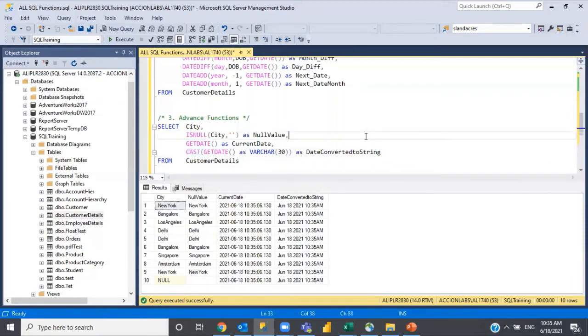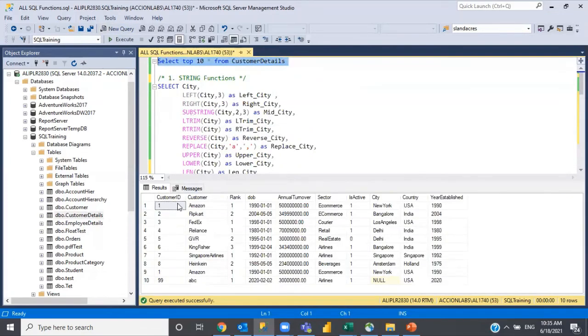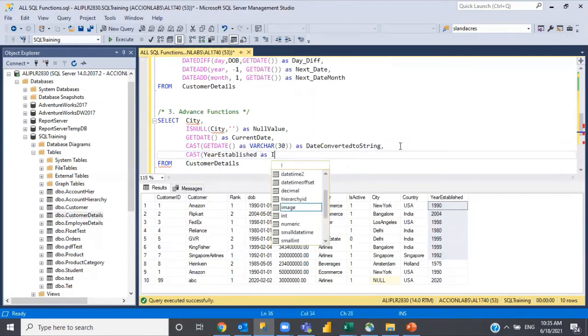Like this, suppose we take one more example. This is currently an integer, and I want to convert it to a varchar, or a varchar to an integer. Suppose this is a varchar and you want to convert it to an integer. I can write CAST year established as int, because I want to consider this as an integer.